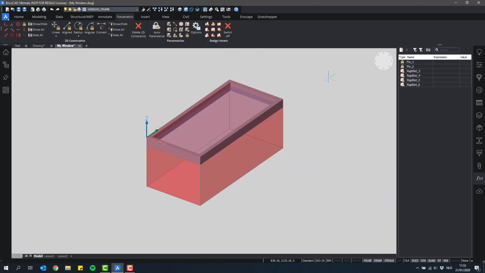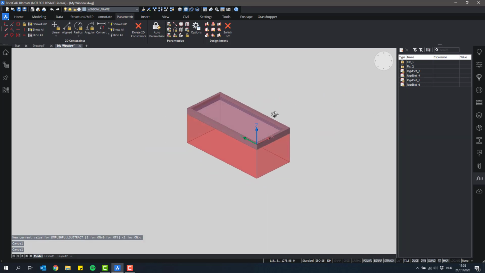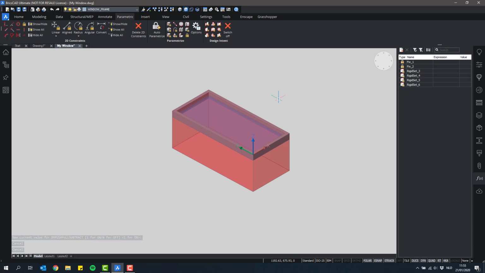That's because of a setting called DM push-pull subtract, if I'm not mistaken. If this is enabled, you will automatically subtract geometry from other solids if you push-pull a certain solid. By default, it's turned on, but in some cases, this is not what we want. But yeah, this aside,